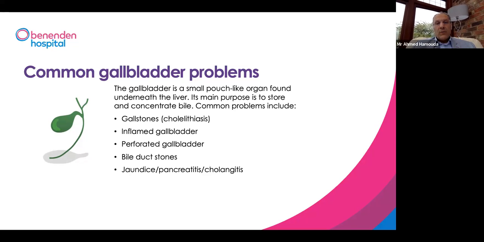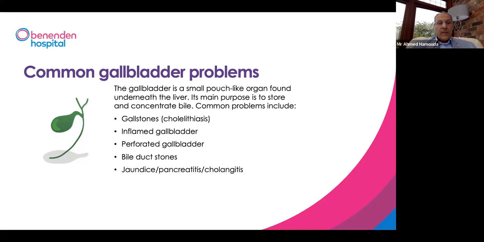So colic related to the gallbladder and gallstones. If the gallbladder becomes inflamed, then that goes into something called cholecystitis, which is the pathological word for inflammation. If it becomes really badly inflamed and it goes gangrenous, then it can perforate, and that is a medical emergency. So you have to go straight into your local A&E and have that sorted out by drains and operation, antibiotics